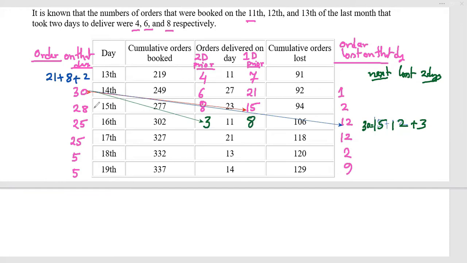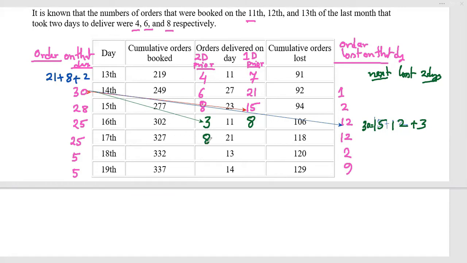And that 8 is coming from where? 28. So out of that 28, 8 would be here, 12 is here. 8 is 1 day after delivered and 12 is lost. So 20 gone, another 8 remains. That 8 should come in this location, which is 2 days prior order. That means out of 28, 8 would be here.